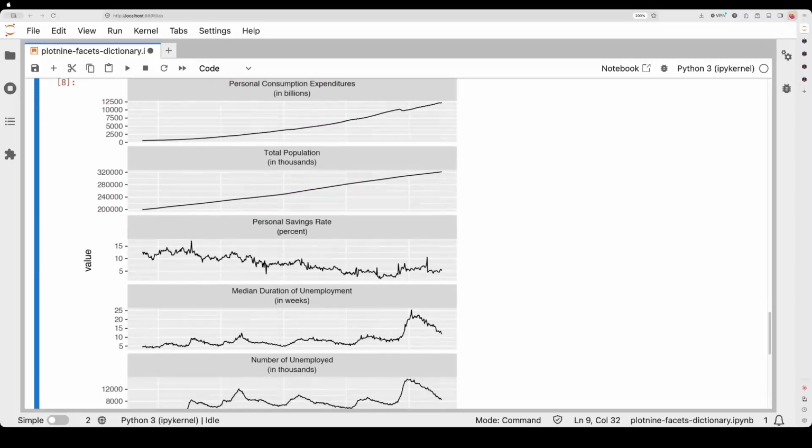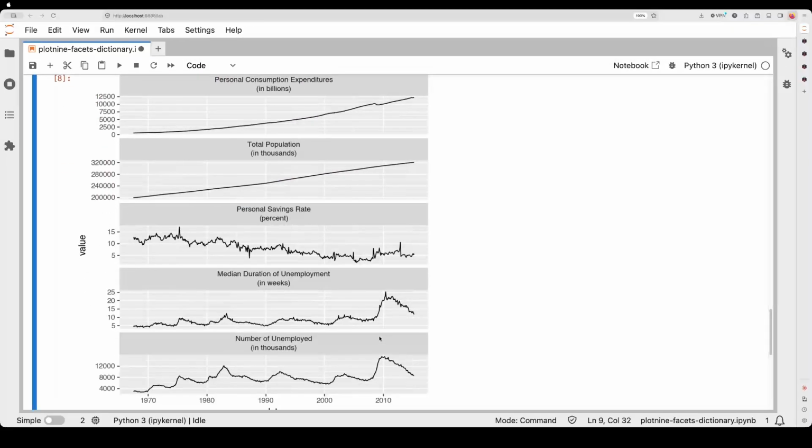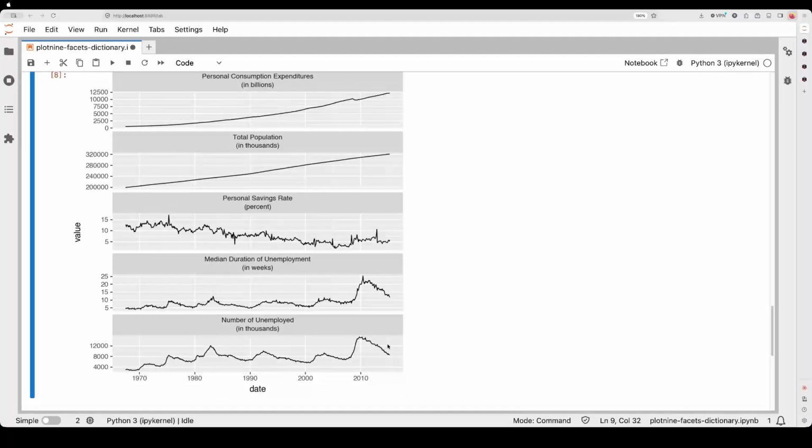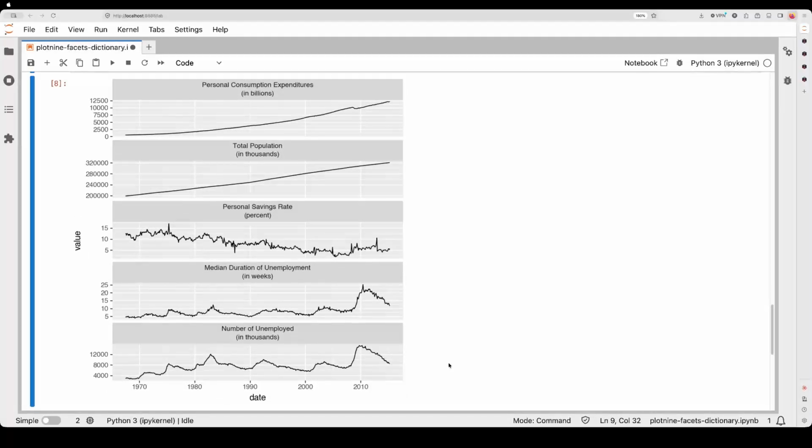And there it is. Every panel now tells the reader what they're looking at and what the units are without a legend or a caption. One dictionary, one argument. That's the whole change. And the same old to new pattern you've used to rename columns in polars is now being used to clean